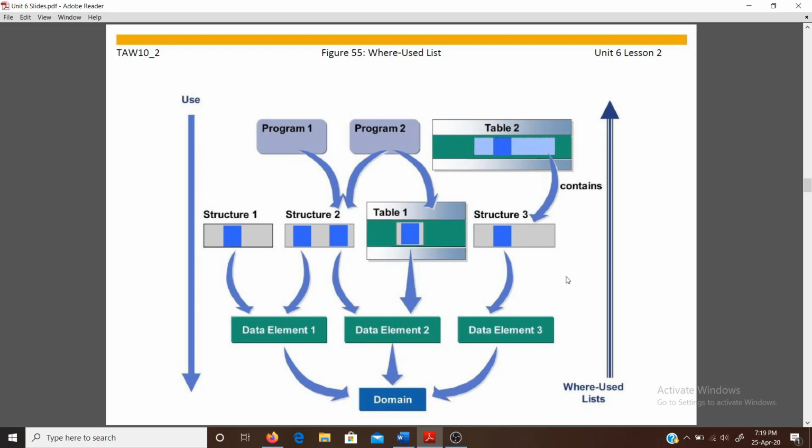Then you can search the particular object using the where-used list. Without activation, you cannot search that particular object because it will not be accessible through SAP systems.